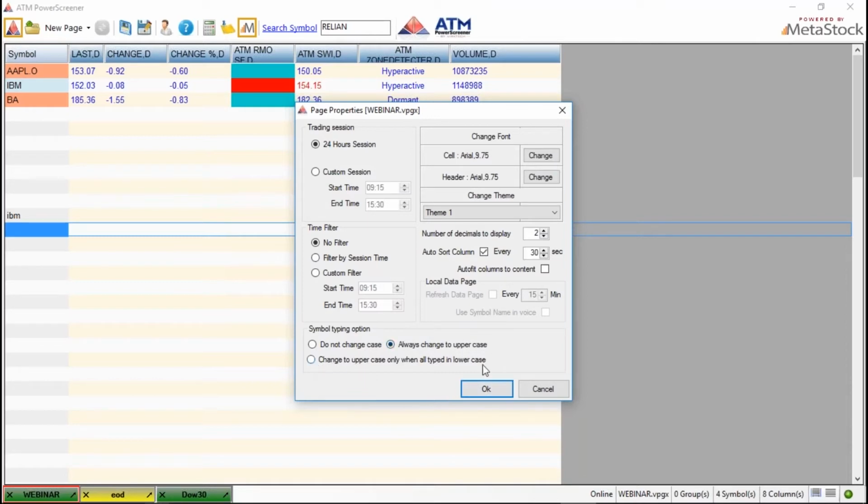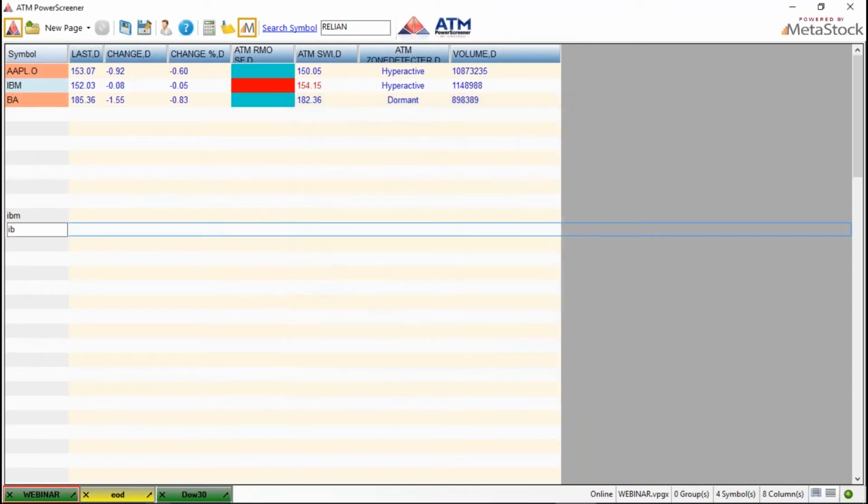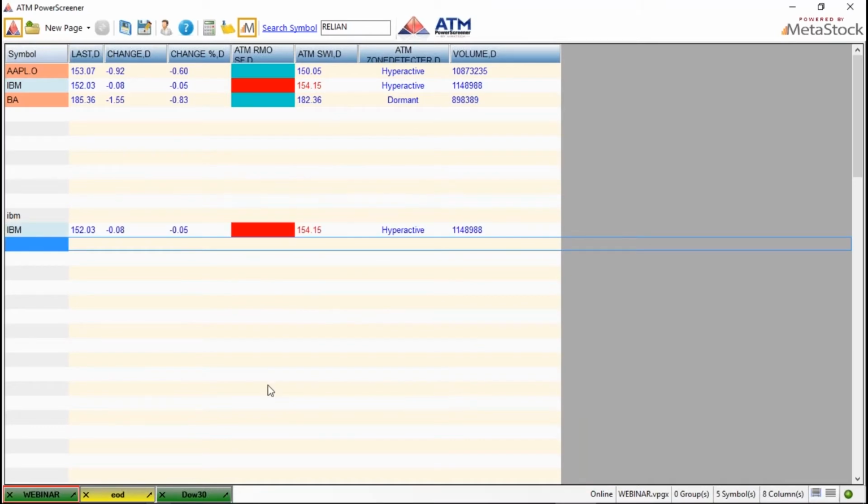Or you can even choose an option, change to uppercase when all of the letters are typed in lowercase. Where this helps is sometimes you're looking at an index or a futures symbol where, let's say, you write ABC small c1. So I kind of like this option better. Now let's say I type in IBM, it just turns it back into